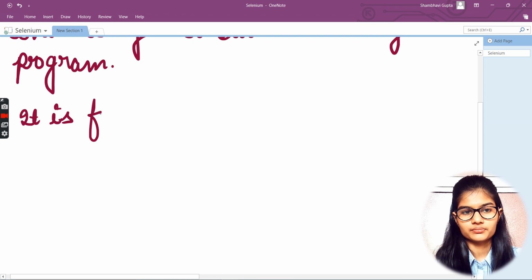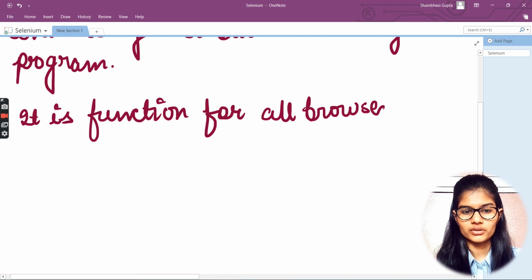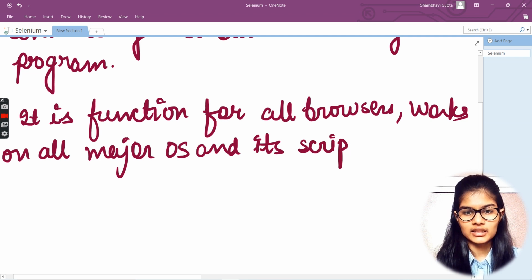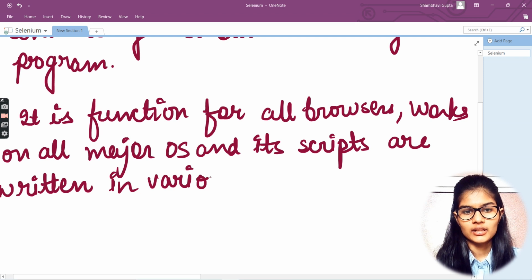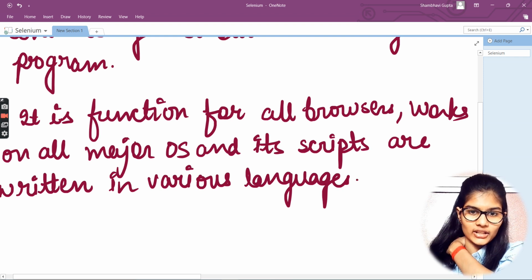So it is functional for all browsers, works on all major OS, and its scripts are written in various languages. Fine. So basically it is functional for all the browsers.